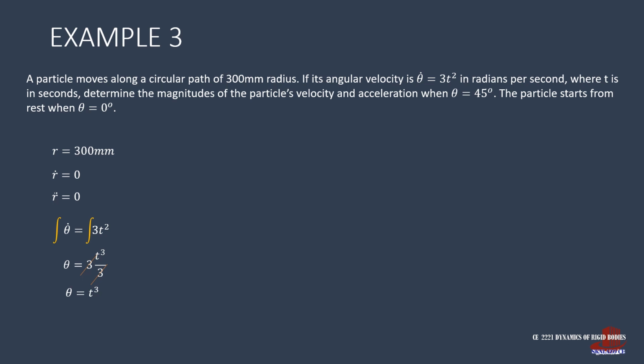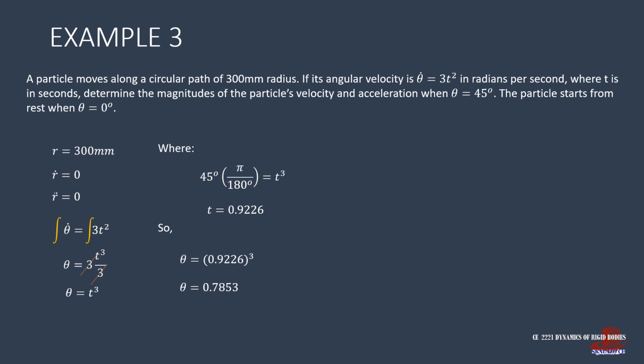Another thing to take note from the premise is this statement stating that the required velocity and acceleration should be when theta is 45 degrees from 0. Learning that theta is t cubed, we can compute for time by placing 45 degrees as theta. But then, it has to be converted into radians. T is then computed as 0.9226. Having this parameter determined, theta can then be computed by plugging t as 0.9226, that is, theta as 0.9226 cubed, giving theta as